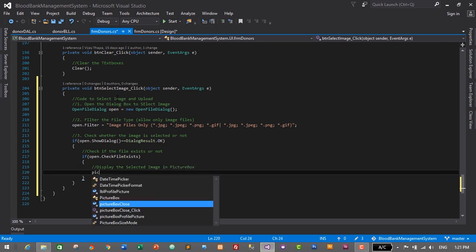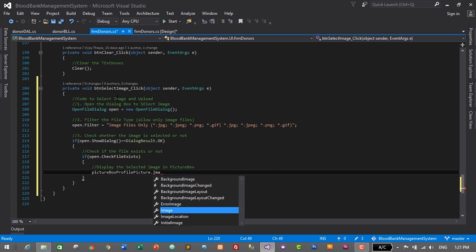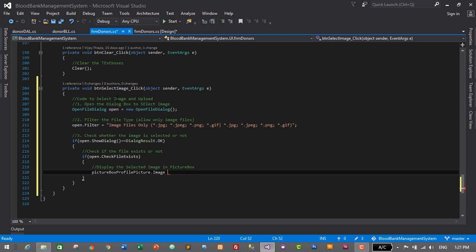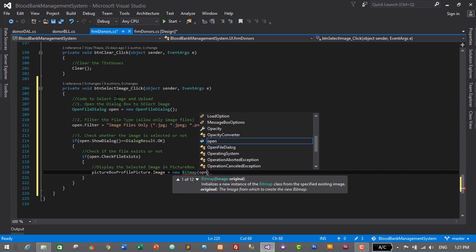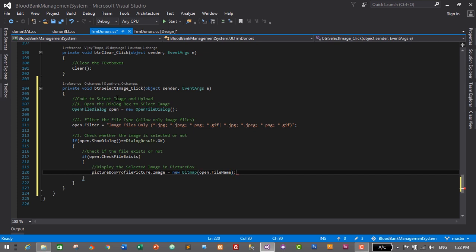So picture box profile picture dot image is equals to new bitmap, sorry, it's not a bit converter, it's bitmap, and then open dot file name. So this code will open or display the image in our picture box